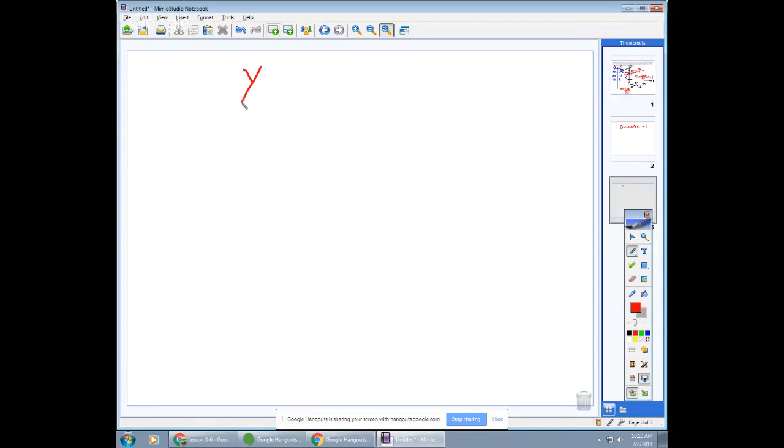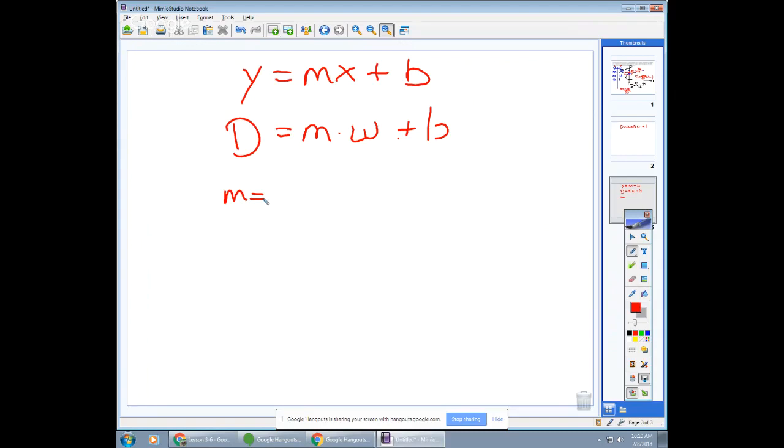New page. So I'm looking for an equation like y equals mx plus b because I think things line up. Instead of a y, I'm going to have a d equals m. Instead of an x, I got a w, and then plus b. And then usually we get a couple of points and we find the slope. So right away we found that the slope m, by doing some subtraction on the graph, was 0.25